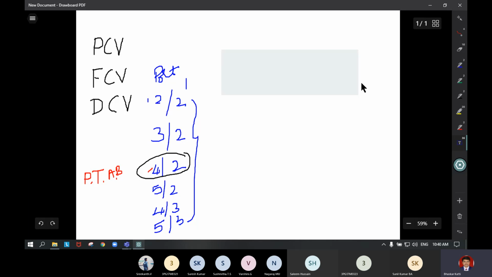So it is 5 by 3, solenoid operated, self-centered, D control valve, direction control valve.